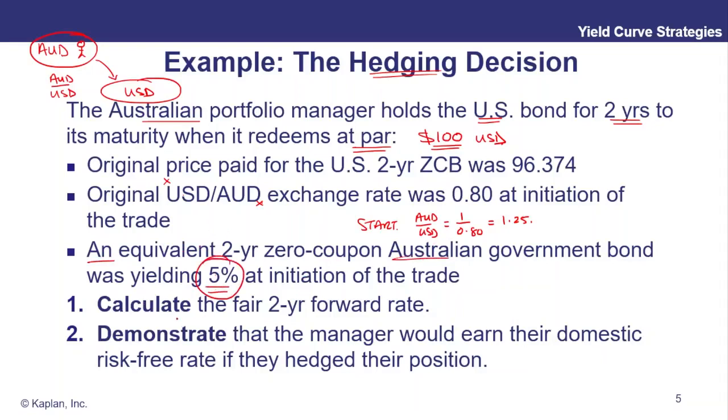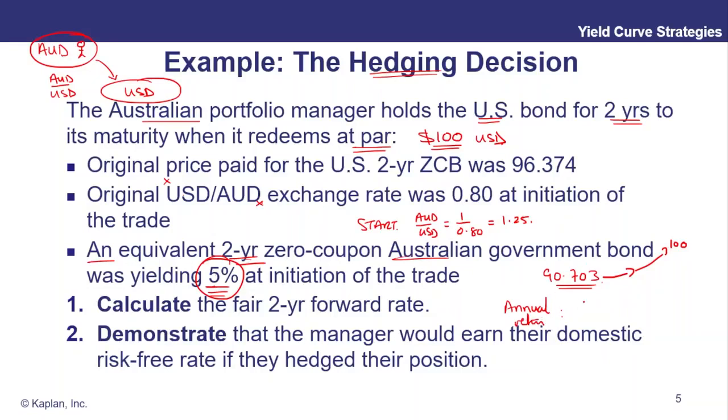It might have been necessary for you to have backed that out of the implied return from a 2-year Aussie zero. For example, you might have been told that a 2-year Aussie zero was trading today at 90.703, something like that, and you might have been expected to realise that if that's going to grow into 100 over 2 years, then the annual return, or the domestic interest rate that you're going to assume for the Aussie market,